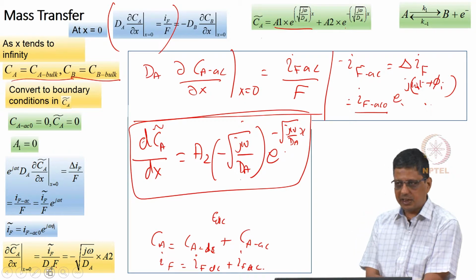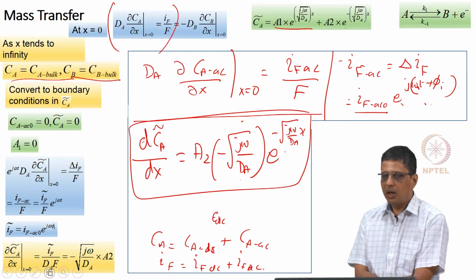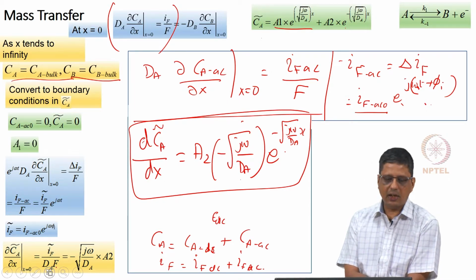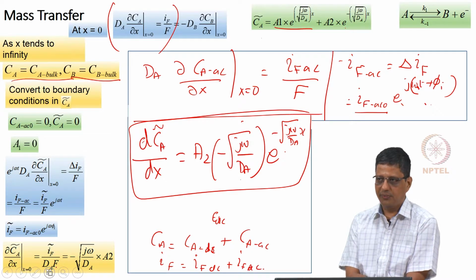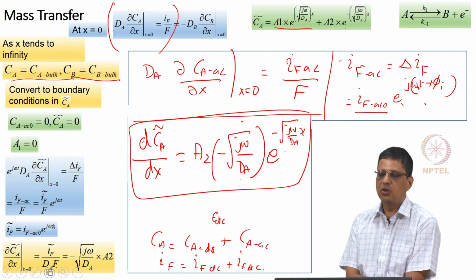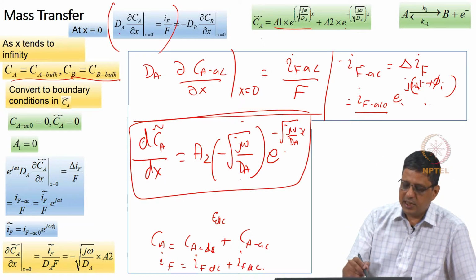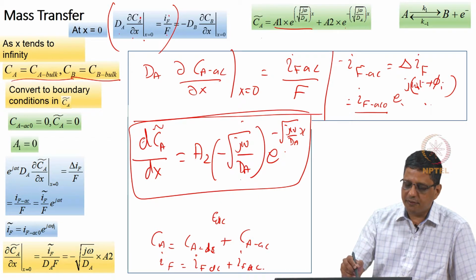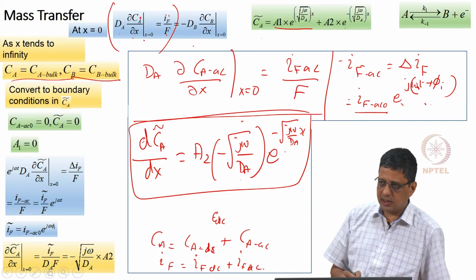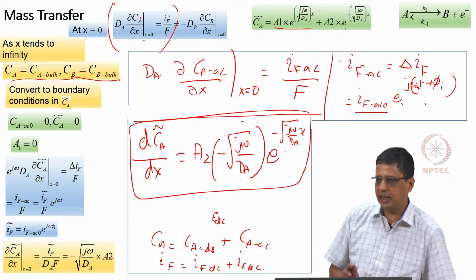A2, it will be nice if it comes in terms of EAC or IAC. Likewise, B1, B2 we have to calculate. I can tell you right now B1 is going to be 0 and B2 is going to look like this, except because the boundary condition says negative. So, in terms of the boundary condition at x equal to 0, we have dA dou Ca by dou x at x equal to 0 equal to If by f, and that is equal to minus dB. So, you would get the constant B2 just like A2 with a negative sign.